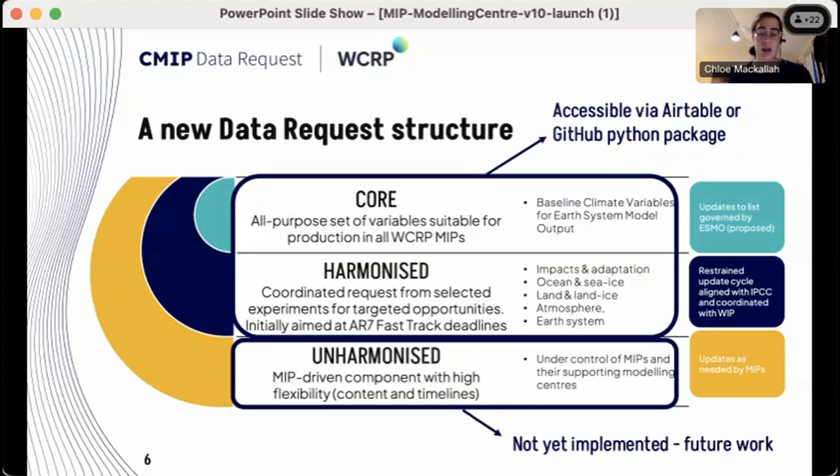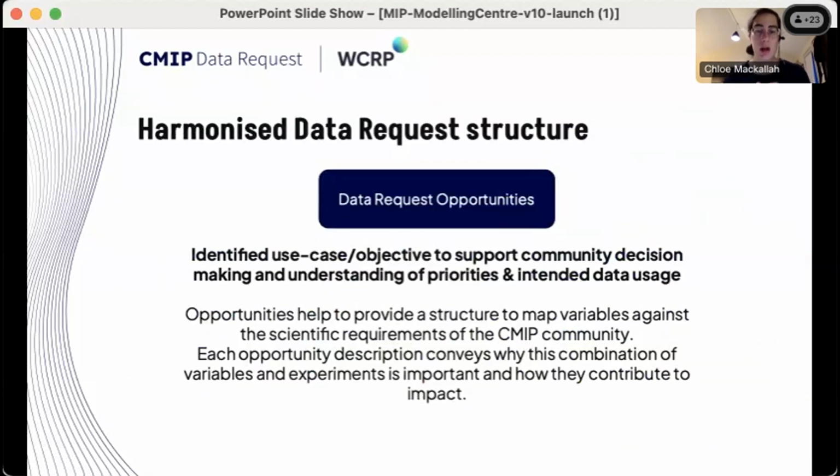And just to be clear of how you can actually access this, the top two sections are accessible via the Airtable and via the GitHub Python package that we'll both talk about today. While the unharmonized layer, I just want to be clear, is not yet implemented. That's future work. That's us conceiving of what needs to be done in the future. Let's go to the next slide. So to have a look more broadly at the data request structure,